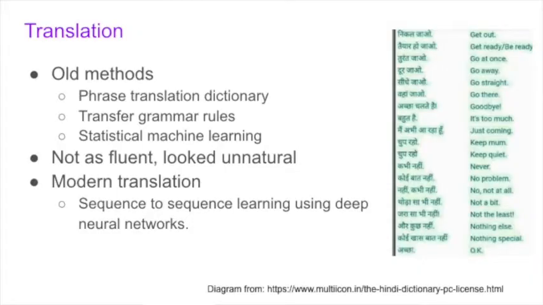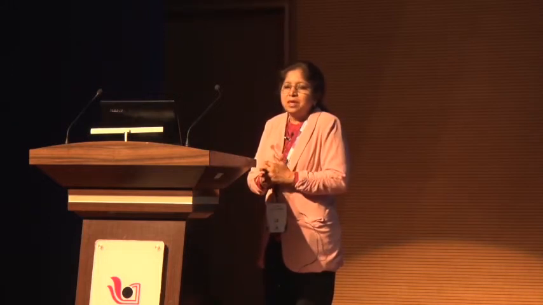Once we have the capability to read sentences and write sentences, we can become ambitious and try to solve tasks like translation. Actually, translation is not a new problem. Computer scientists have been wanting to solve the translation task for over 50 years. And around the time that I started my PhD, say in mid 1990s, most of translation was done using a methodology which was called statistical machine translation.